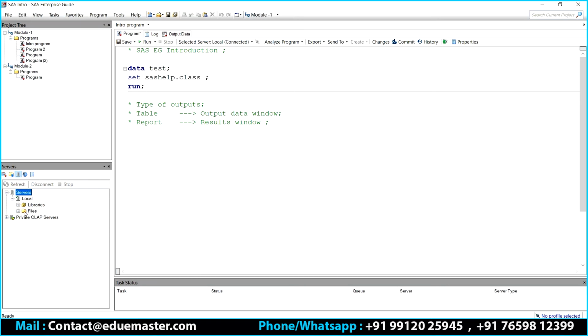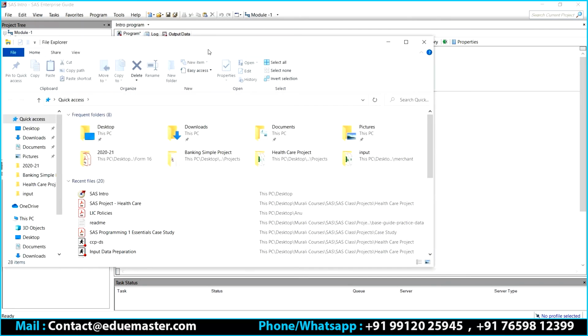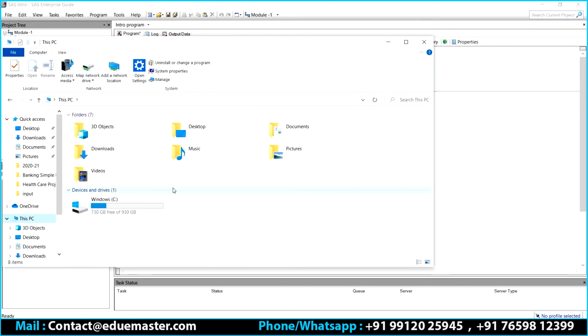Now let's say I go to the first one. Again, I can see two things: one is libraries, another is files. Files is nothing but your explorer. This is my PC explorer. If I go to this PC, I can explore my entire PC starting from here, correct?